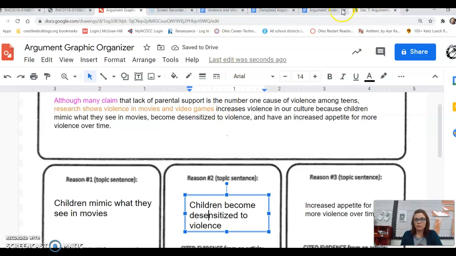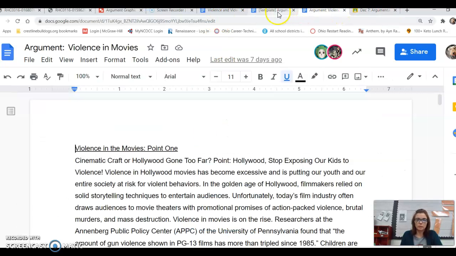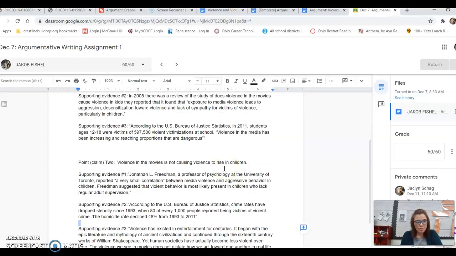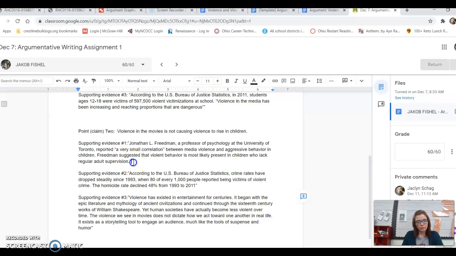Now, I wanted to make a point here. It's going to be a good one. Where is Jacob's? Okay. Jacob had put in his evidence for violence in movies is not causing violence to rise in children, that Jonathan L. Friedman, a professor of psychology at the University of Toronto.